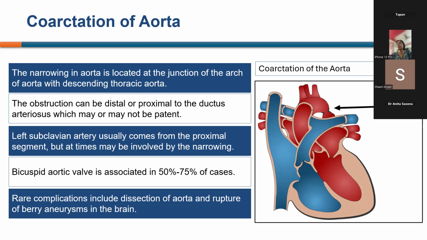Often it is distal to the ductus, but in some newborns it could be proximal to the ductus. And the left subclavian artery comes usually proximal, but you can have involvement of the left subclavian artery within the coarct segment. And you can even have an anomalous right subclavian artery, which is arising beyond the coarct segment. Bicuspid aortic valve association is rather common, and rare complications would include dissection of the aorta and rupture of berry aneurysms within the brain, because there is so much hypertension in the upper limb in these children that they develop